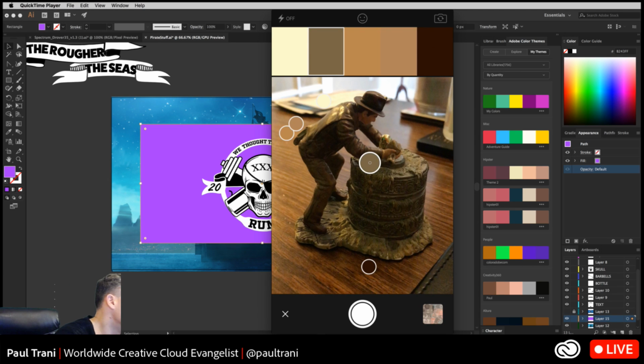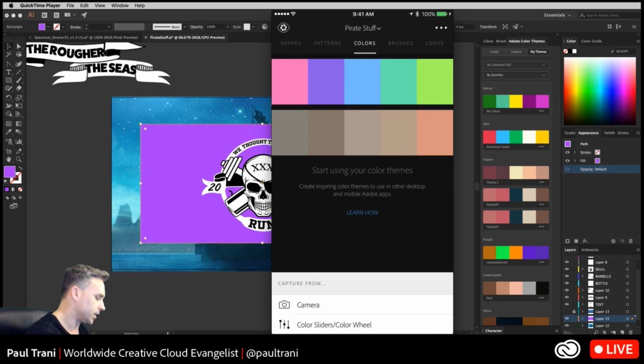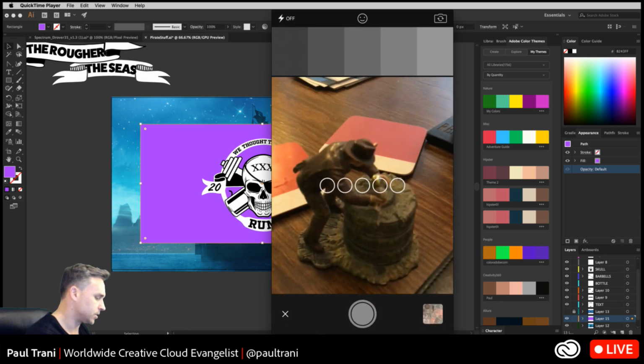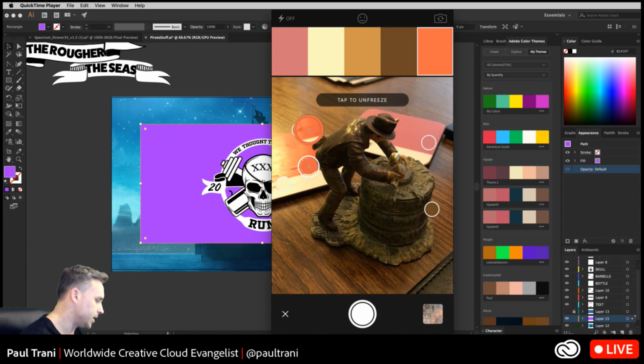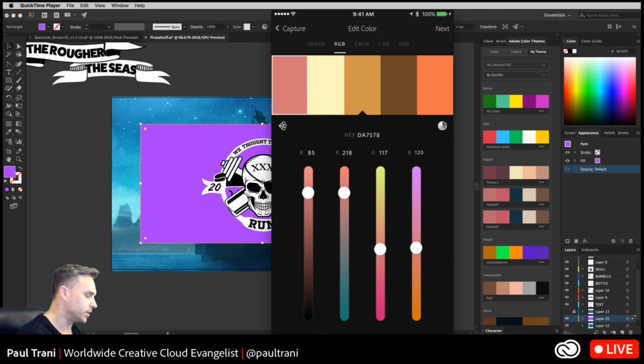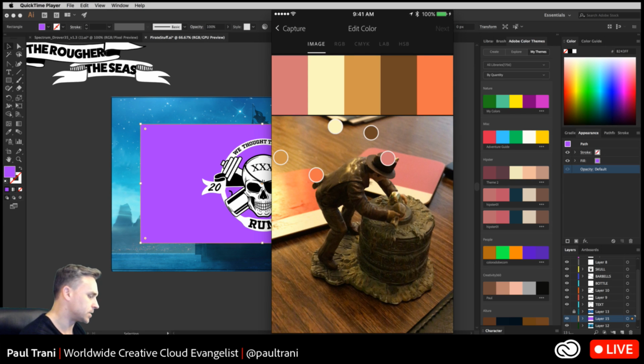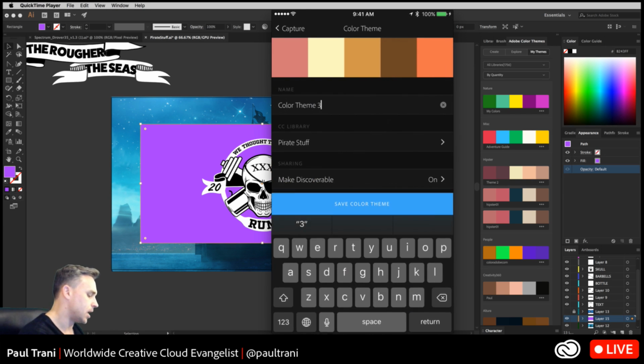It's almost too neutral. I might even drop in these color squares back there and capture accordingly, and it's going to sync to my Creative Cloud library. Tap to freeze. Adjust accordingly. That actually looks a lot better, right? Record it so I can edit that color. This again is based on the image. I'm going to click next. I can call this Indie.